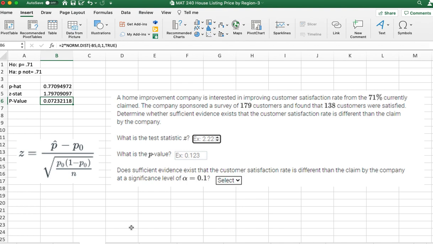So let me go ahead and, sorry about that, I've got to get my